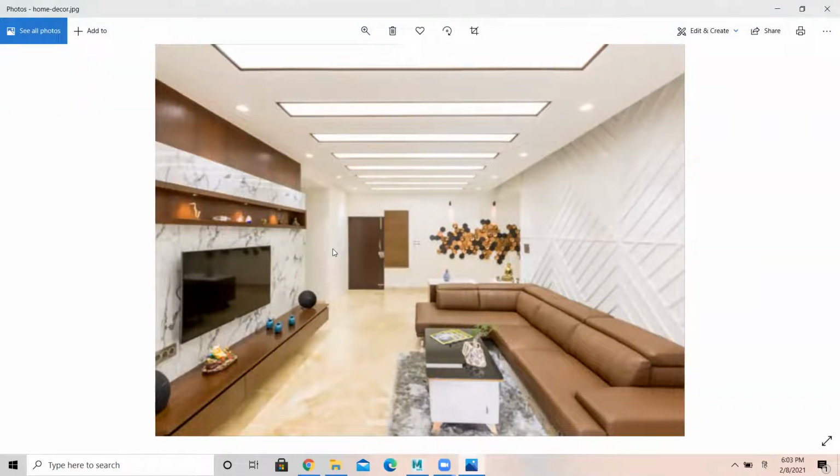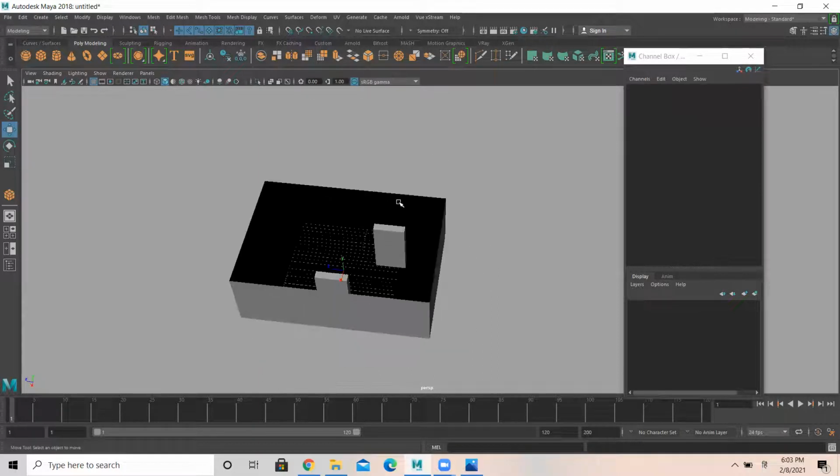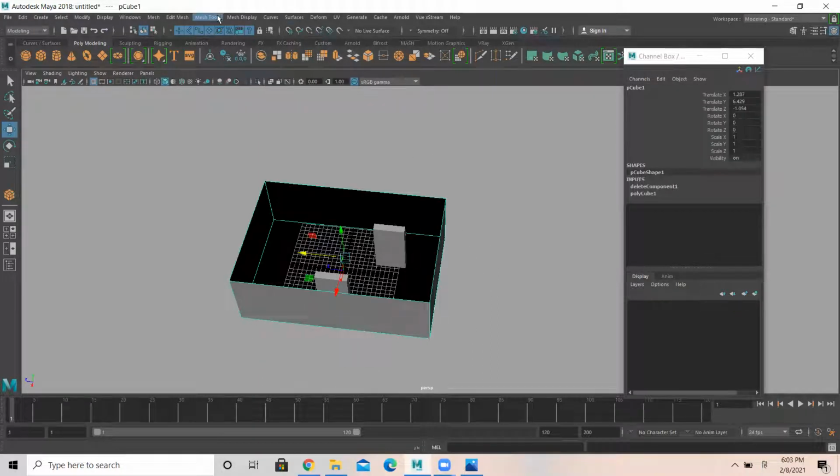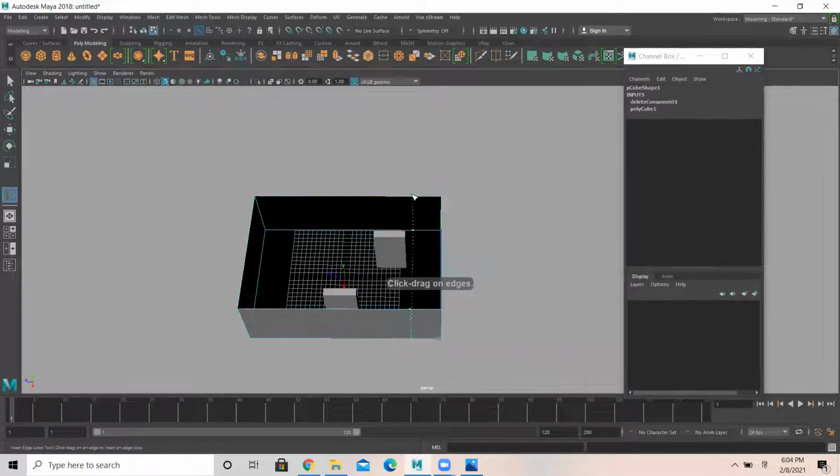So again, I look at this particular part. After some space, see here, after this particular wall, you have a gap. So what I'll do is take insert edge loop, and I'm going to place this.